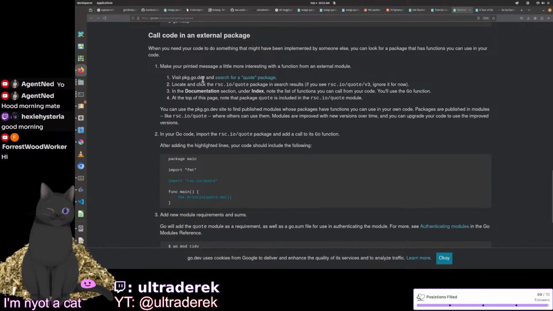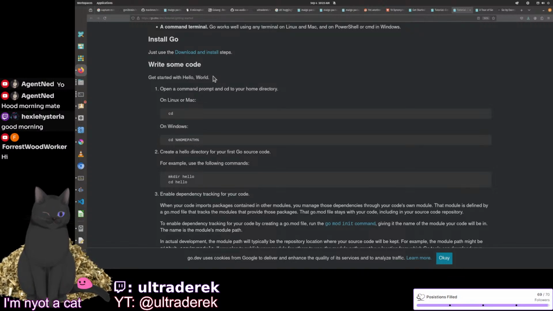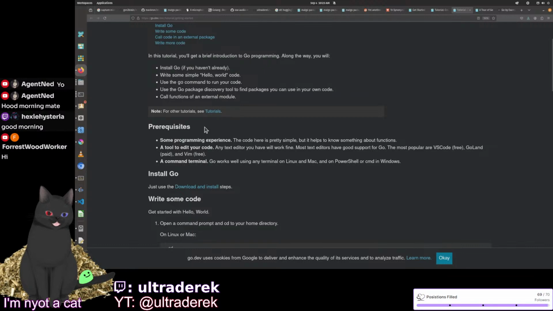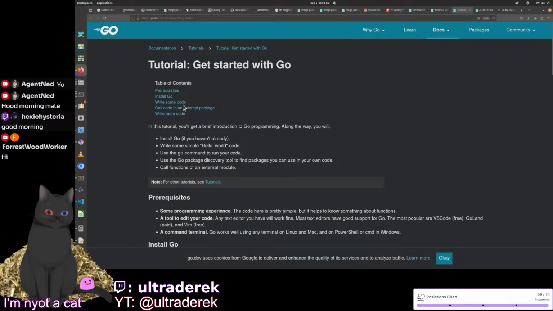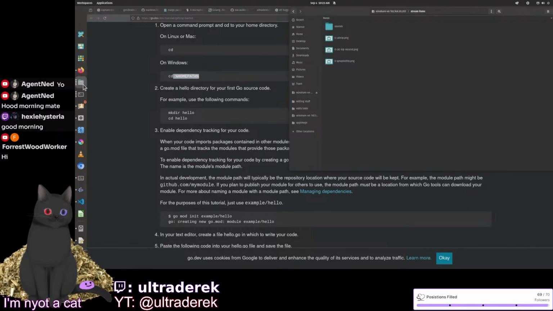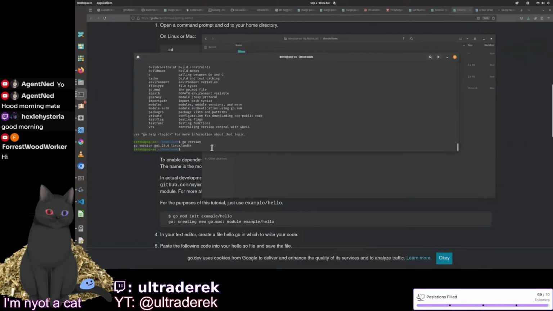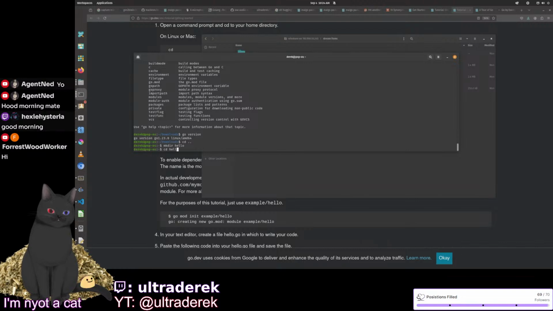Okay. Let's just go ahead and do this. I've used Go a lot, but a lot has changed, especially when they're forcing people to use these Go modules. Last night I was having a real hard time. Okay, cd home path. What is this? Oh. Okay, let's just do this. What the heck? mkdir hello. cd hello, and then